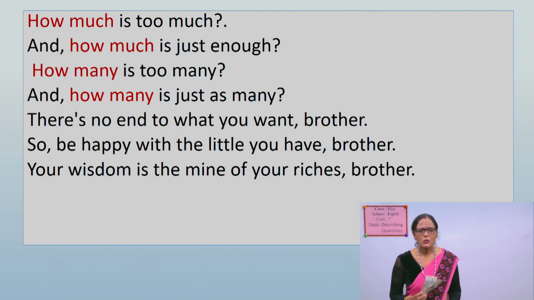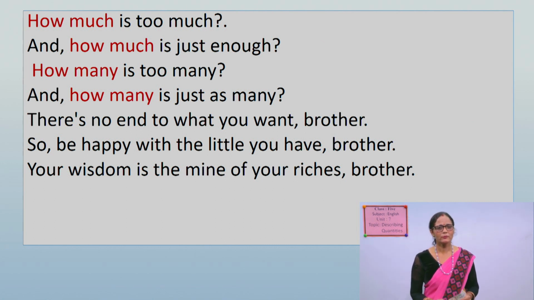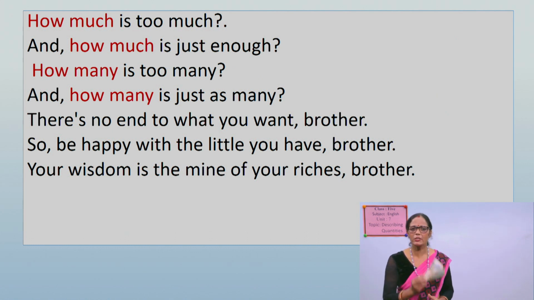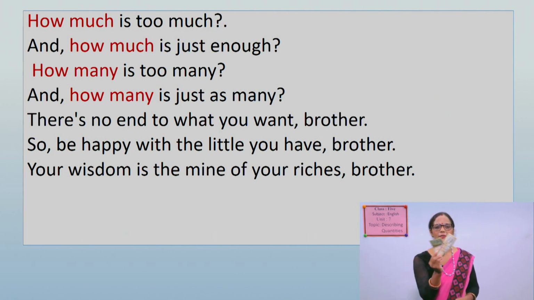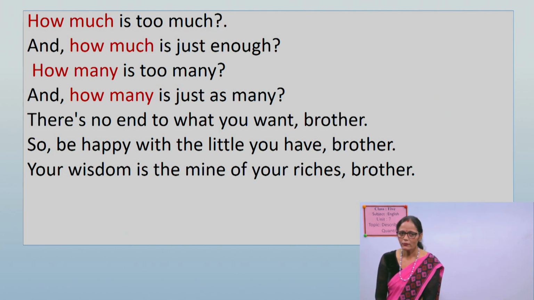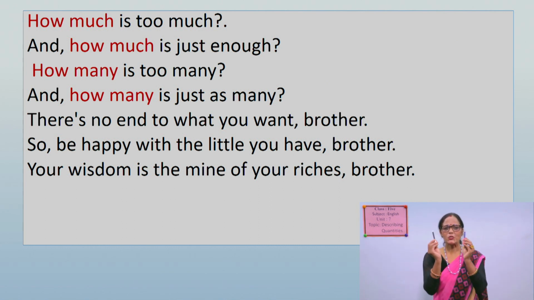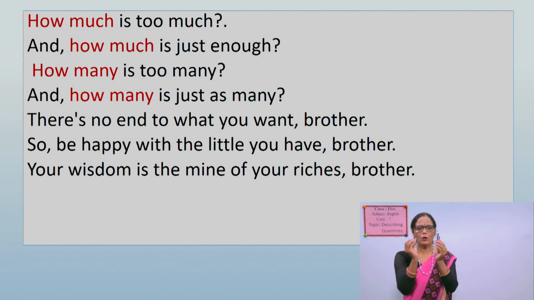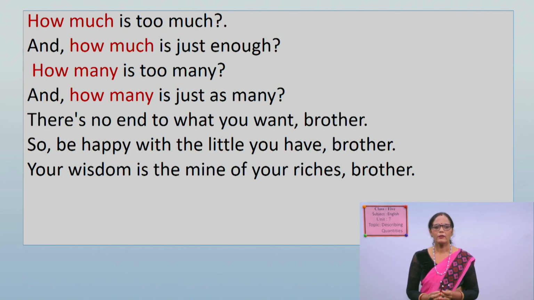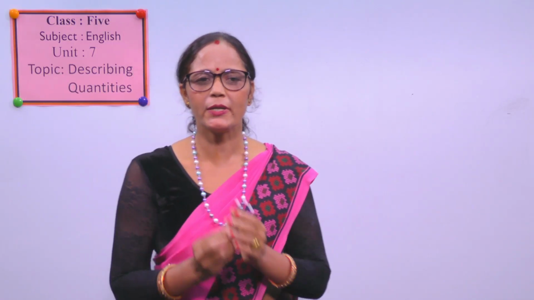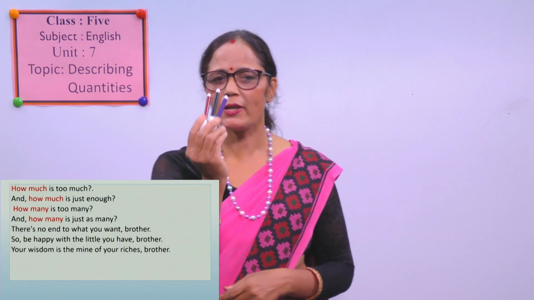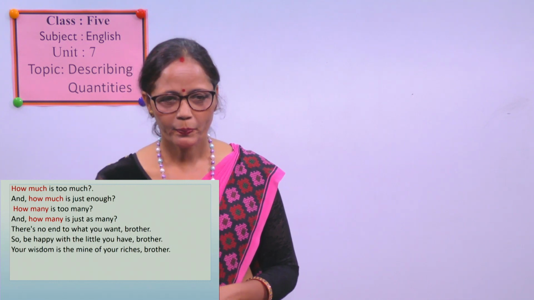How much is too much? How much is too much? And how much is just enough? And how much is just enough? How many is too many? How many is too many? And how many is just as many? And how many is just as many?